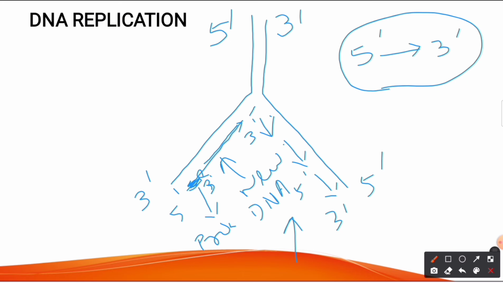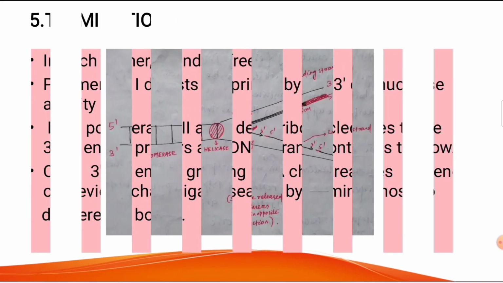towards the inner side. As this strand is synthesized, the new strand is synthesized in this direction, in a continuous manner, as the internal bases have been exposed. But in this strand, the internal bases are only exposed once it is opened. So, it is opened in a phase-wise manner. So, this particular strand is synthesized in the form of fragments, and these fragments are called Okazaki fragments. Okay. Now, let us come to the original slide.